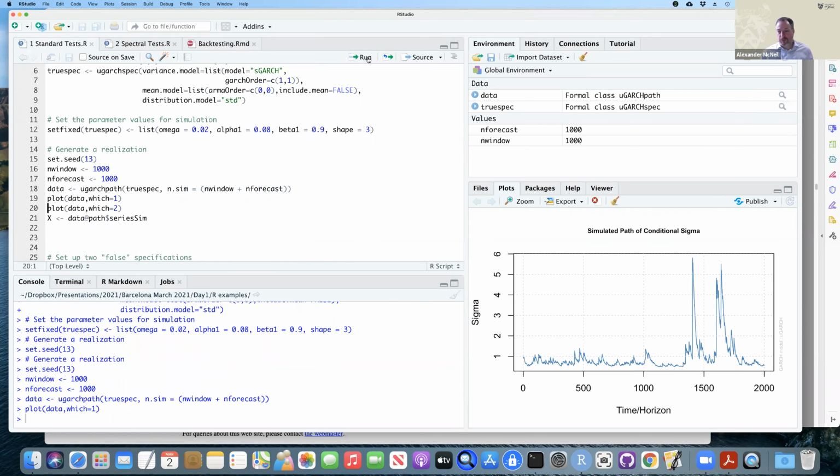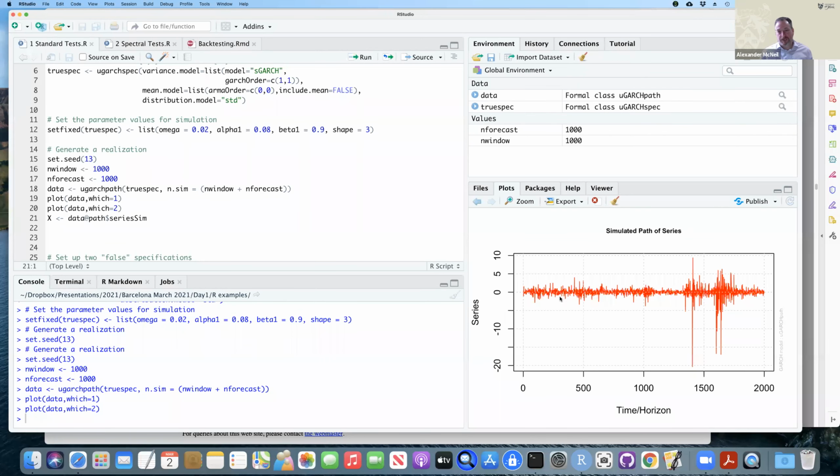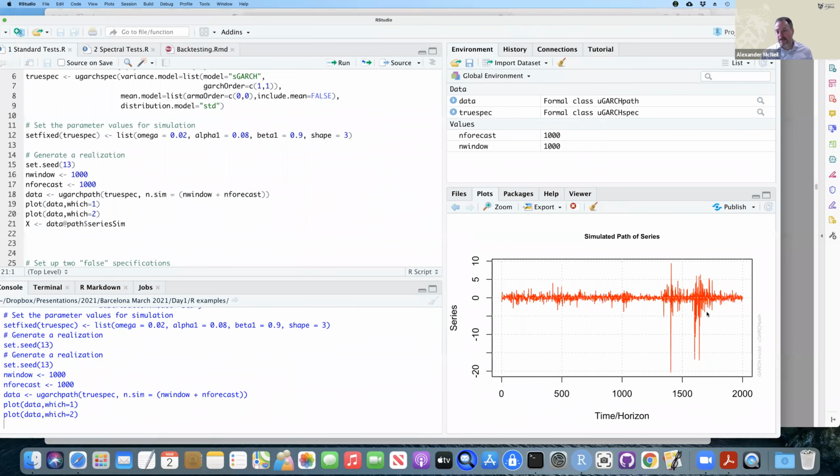And the first thing I'm showing you is the path of the volatility. So the sigma, or sigma t, that's the path of the volatility. So you see there are some periods towards the end where you get high volatility. There are other periods where you get low volatility. And the next plot is the accompanying time series. And you can see in this time series that indeed towards the end, it looks more volatile. It looks like we have market drawdowns, etc.